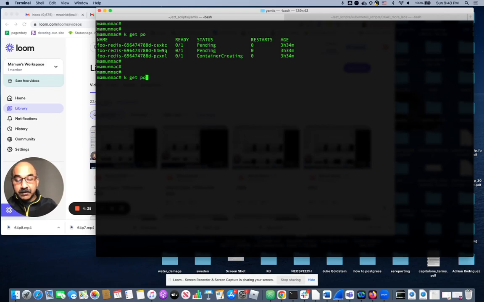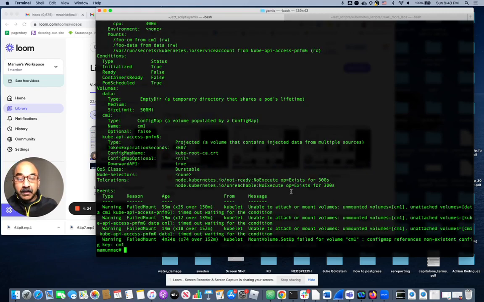the pod's events, I'm a little confused about which ones are still not good. Okay, describe pod. These events, I'm not sure which ones are still happening and which one is resolved. Also, there's confusion between CM1 and data. They're two different volumes. So what I'm going to do is get a YAML dump of the